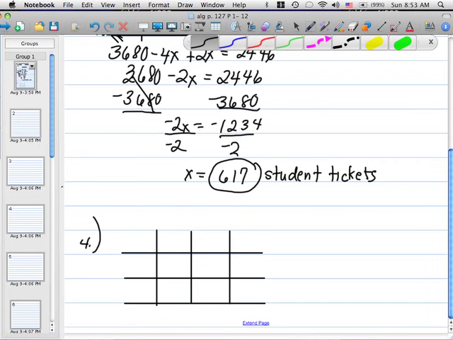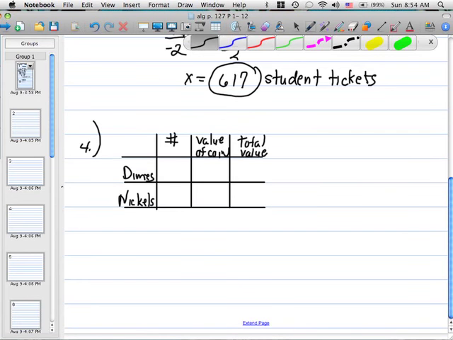So we have the number of each item, the value of the coin, and then we have the total value. And the 2 coins that we have are dimes and nickels. There's nothing built upon anything, and we're looking for the number of nickels, so we'll let x equal the number of nickels. They told us there's a total of 52 dimes and nickels, so